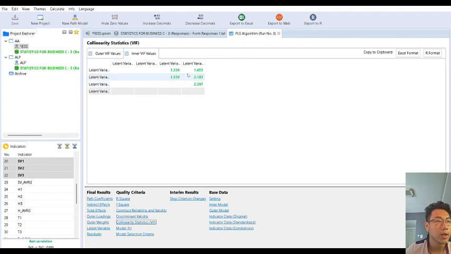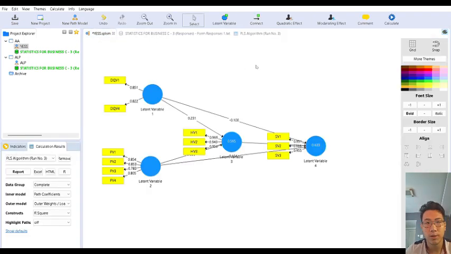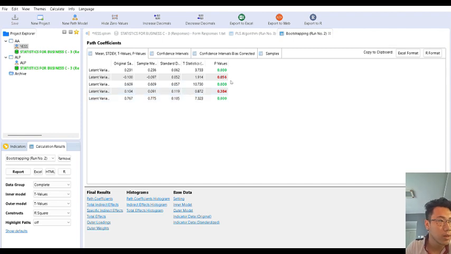Okay, now let's check whether the data we have is significant or not. To check the significance, we can calculate it by bootstrapping, and you can calculate it now. And you can see here within the data there is a significant path between latent variable 1 and 3, and here 2 and 3, and 3 and 4.